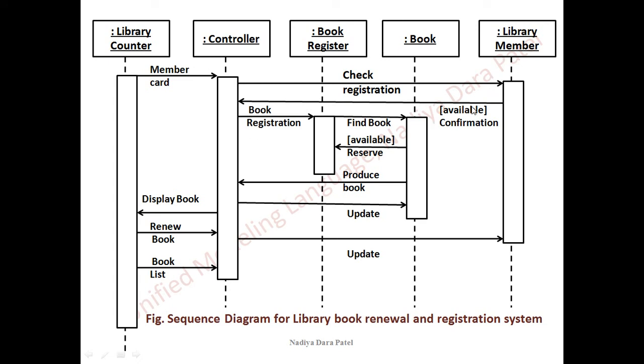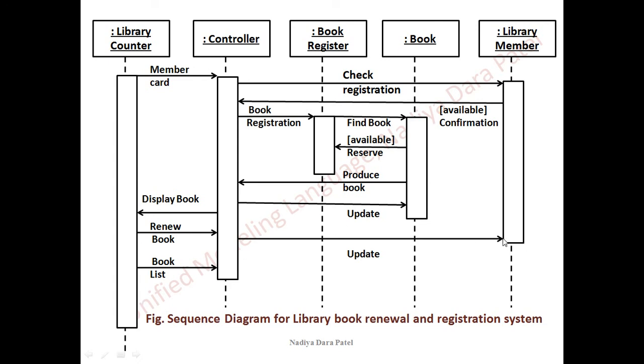Place all the interactions first, that is, the sending messages and the receiving messages. Place all the conditions, label them, and then draw the lifelines and the activation boxes, because as a beginner, or as someone who has just understood a concept and is implementing it, we will not directly understand how long the lifeline should be or how long the activation box should be. For that we need to understand the complete flow of interaction.